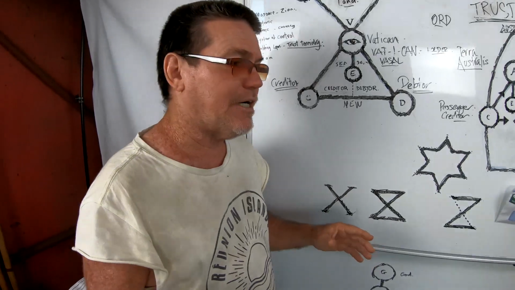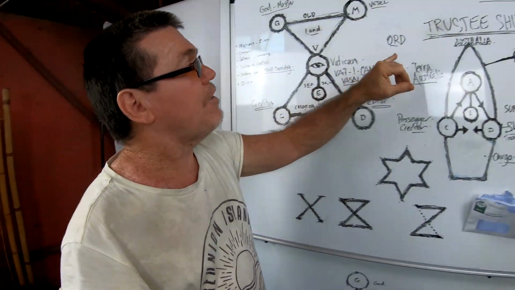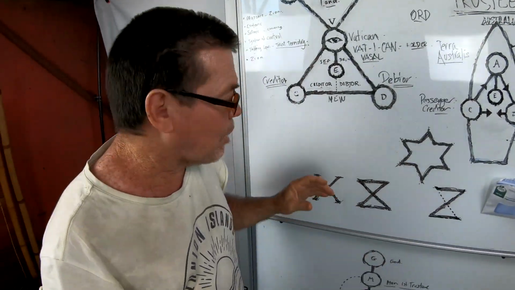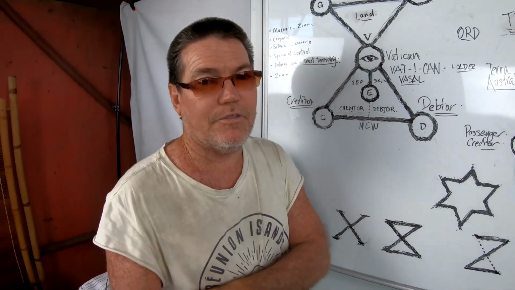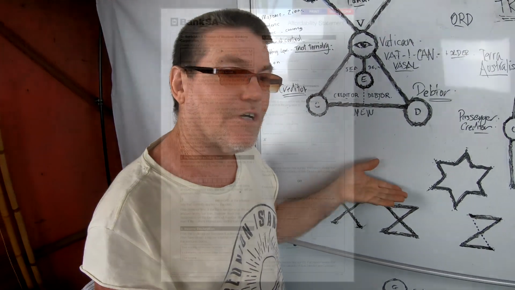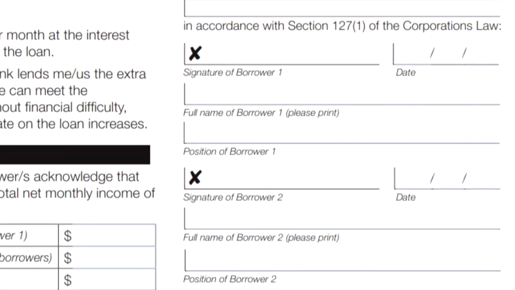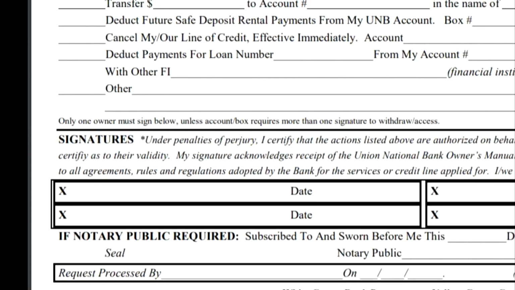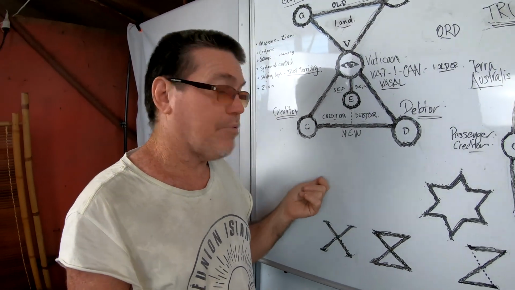So when a bank manager signs you up, with the sign writing, the sign type of text here, he will draw up the contracts for you, and he will put a cross on them, and he will say, sign here. In actual fact, his cross is already the signature. He's signed it for you. But what he's trying to get you to do is countersign it, which means that you become the debtor of the bank, because he already signed it by putting his cross on it.